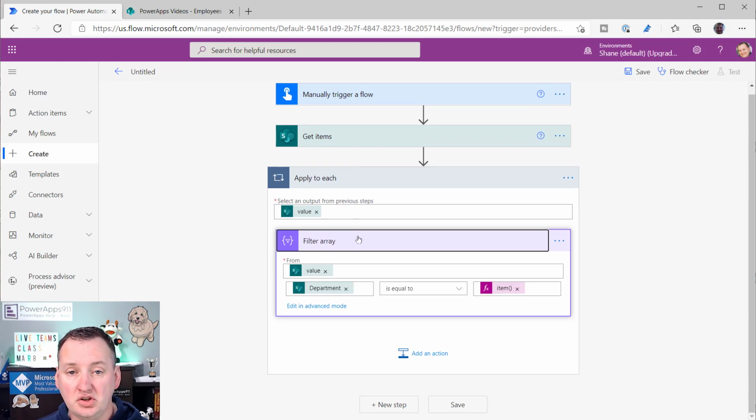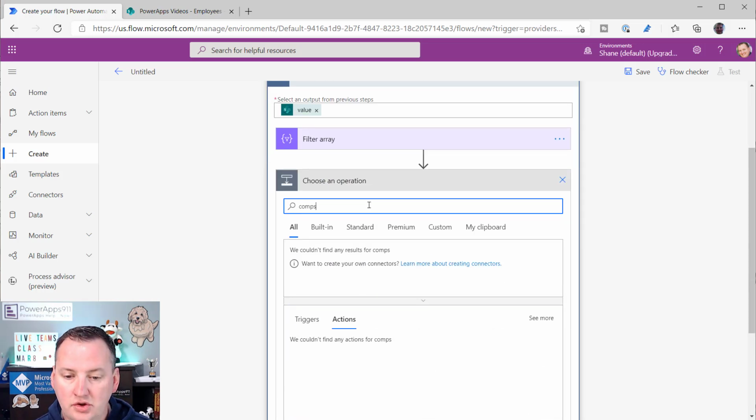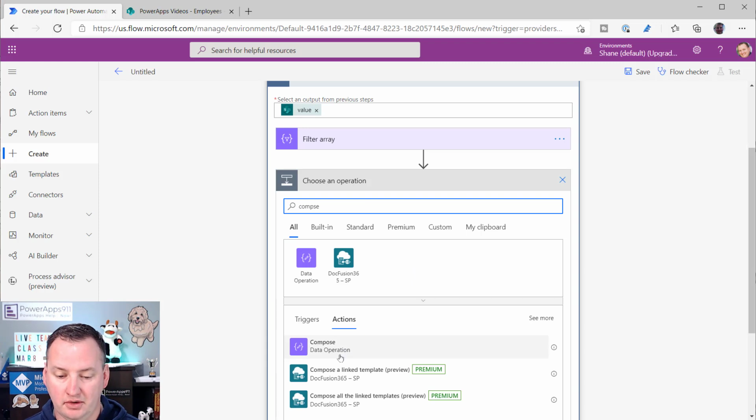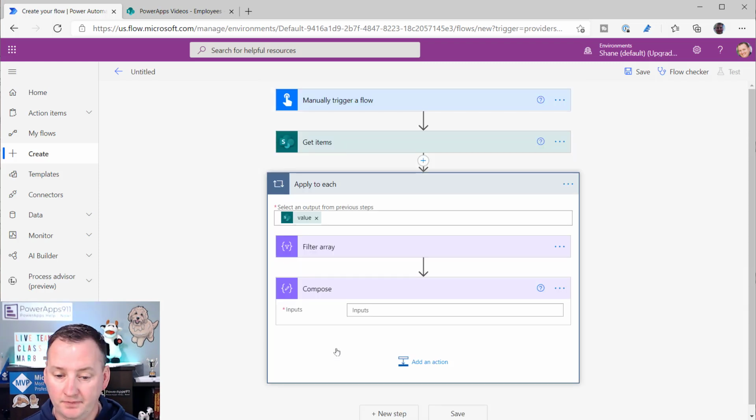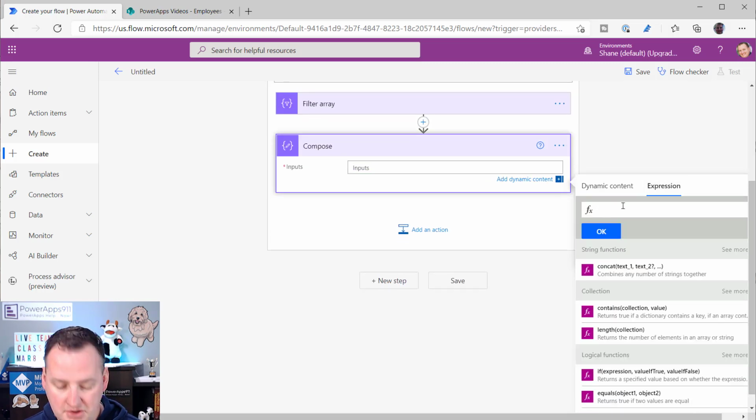And so this should come out now with a little bit of, or this should have the number of rows or number of records that match. So we're going to say add an action here. I'm going to scroll down here. We're going to use a compose for right now. I misspelled compose, and Flow still figured it out. And so in this compose, what I want you guys to do is we're going to use an expression called